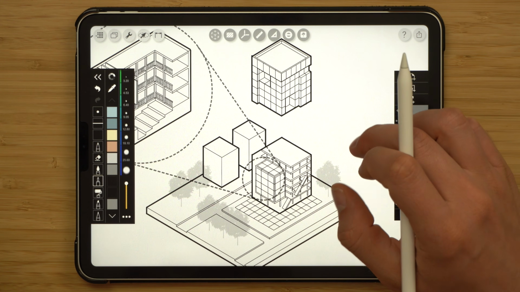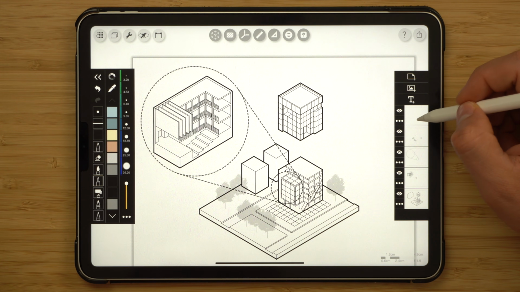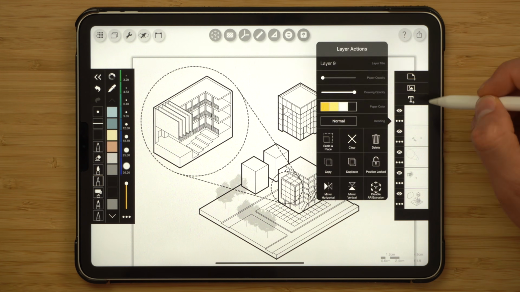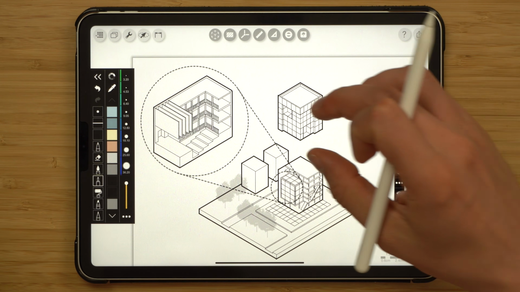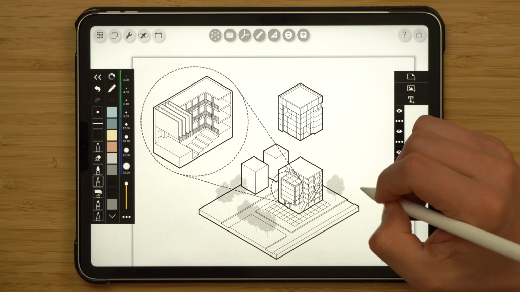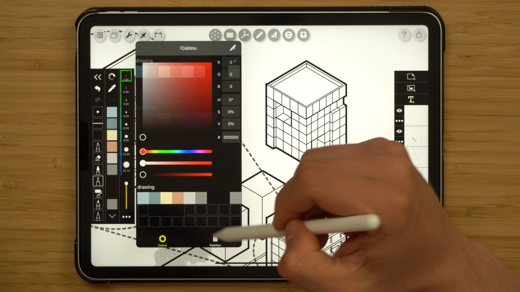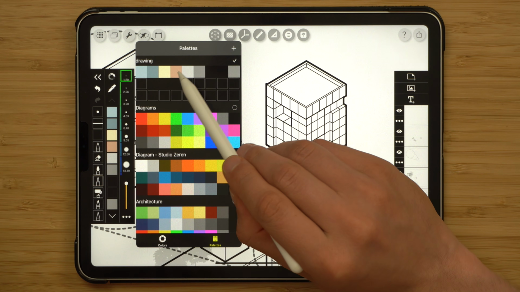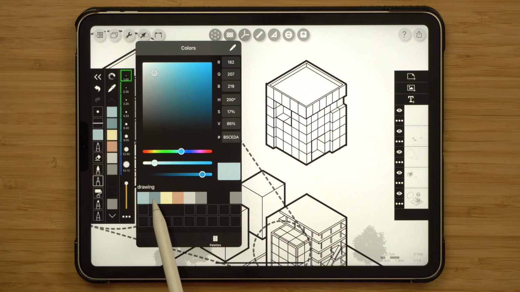Okay, so now that I'm happy with where this is at, it's time to add some color to it. For that, I'll create a new layer on the top and set its blending mode to darken. This is going to allow me to draw colors on top while seeing the lines underneath. I've created this custom color palette over here, which consists of six colors. If you're interested, these are the codes for the blue, dark blue, light yellow, orange, gray and dark gray.